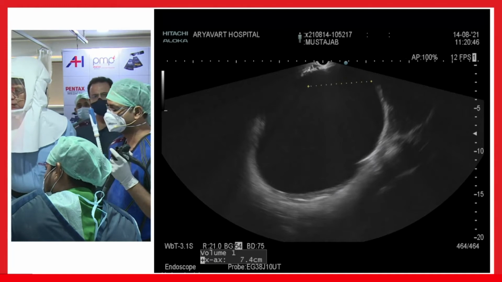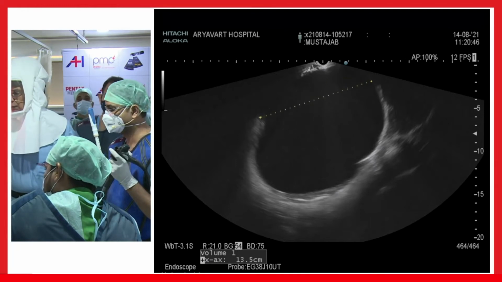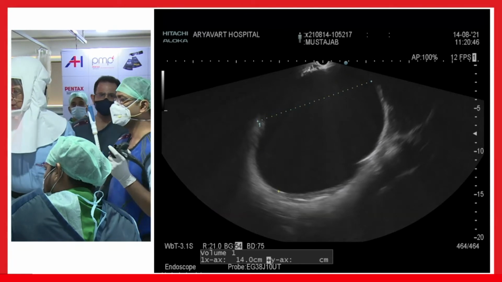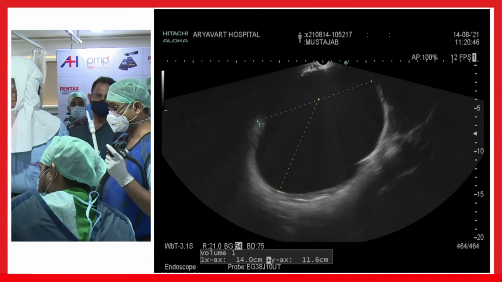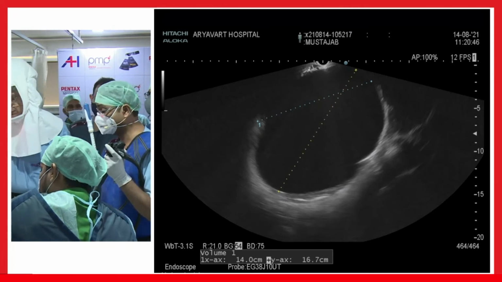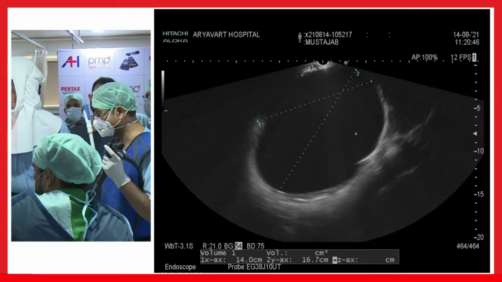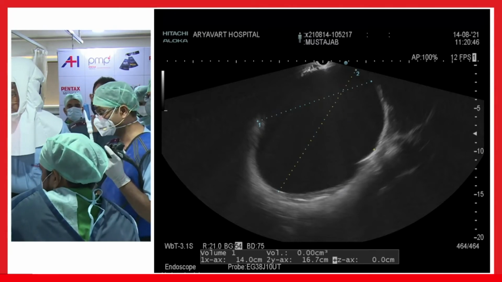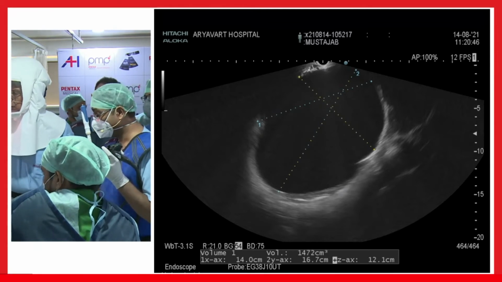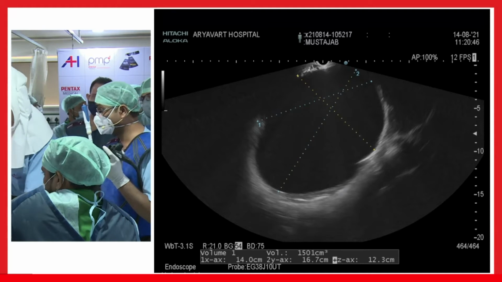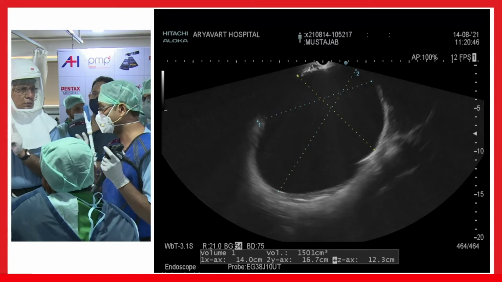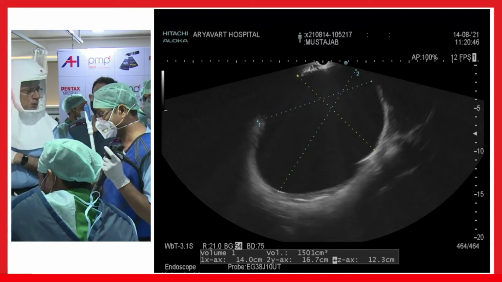Which modality do you feel is the best before going in with an EUS-guided therapy? Do you believe in MRI? It depends on what you have. We prefer to do an ultrasound, and ultrasound gives you a very good idea. MRI is also a good modality to give you the quantity of debris, but CT scan is not preferable if you want to quantify the debris. Either ultrasound